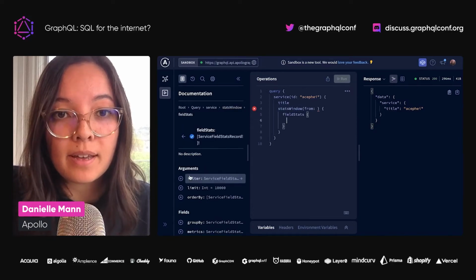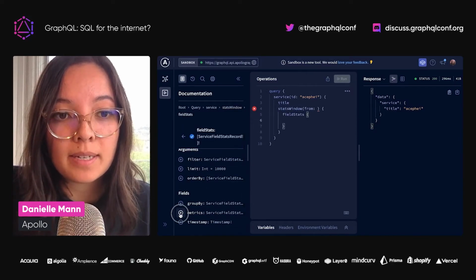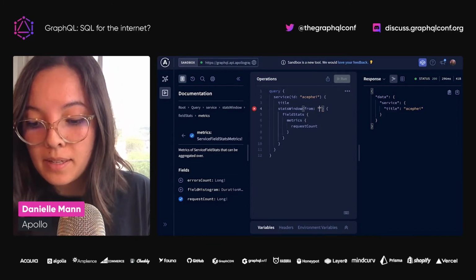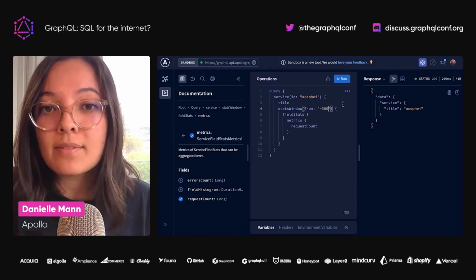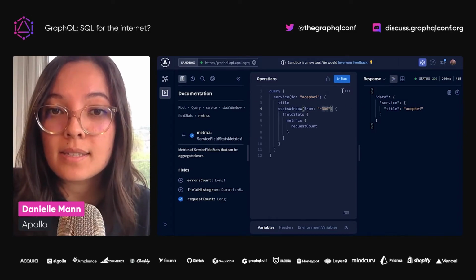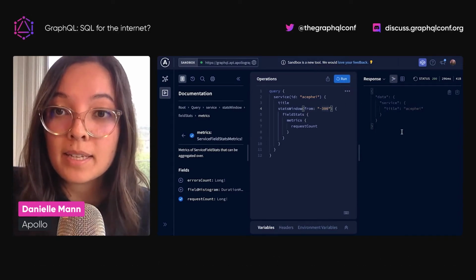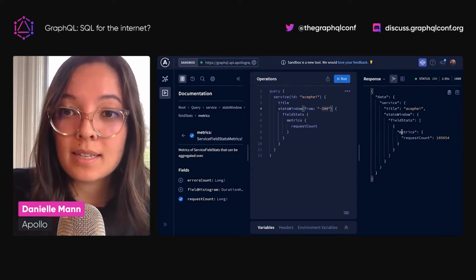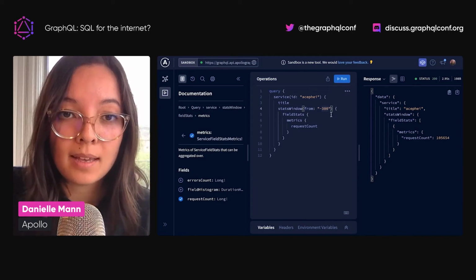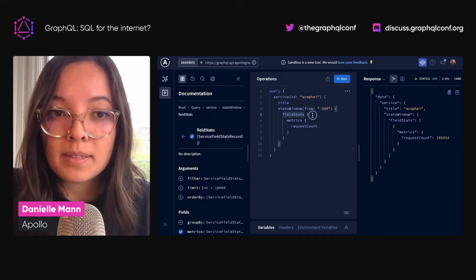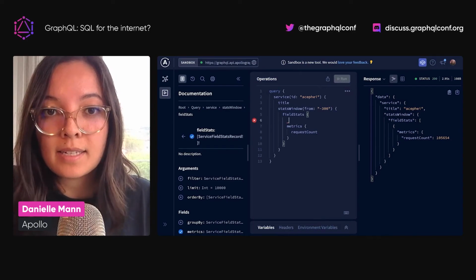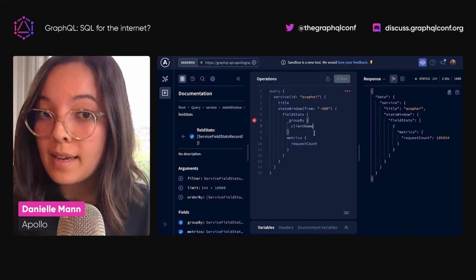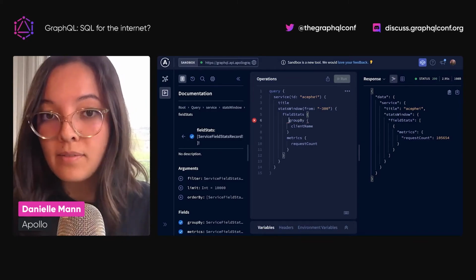And if I want to query out of the field stats table and I want to get some metrics and I want to ask for request count, and let's say I want to look at the request count over the last 5 minutes, which is the last 300 seconds, I can do all this, and this is basically just translating this GraphQL query directly into a Druid query. And one of the most interesting parts about this schema is that there's a section of this schema called group by, and we can ask for group by client name, for example. And if I run this,